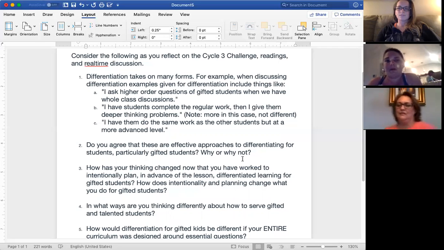But that's a form of differentiation in itself, because we use the diagnostic and it places them right where they need to be with the skills that they need. I do think that's a true form of differentiation, because it's working on their level based on their diagnostic. If they're in 2nd grade and they test on a 5th grade level, they're working on 5th or 6th grade level work, whatever skills they haven't mastered yet.